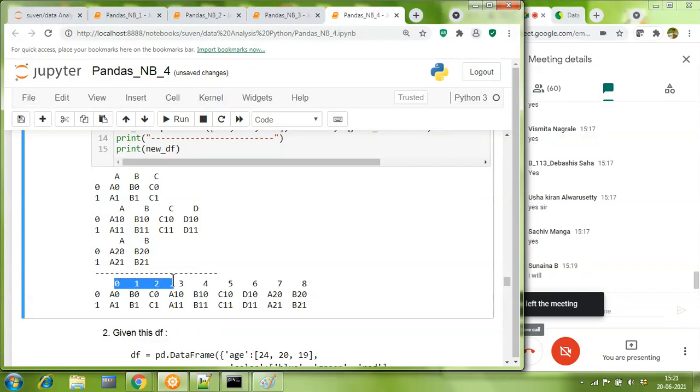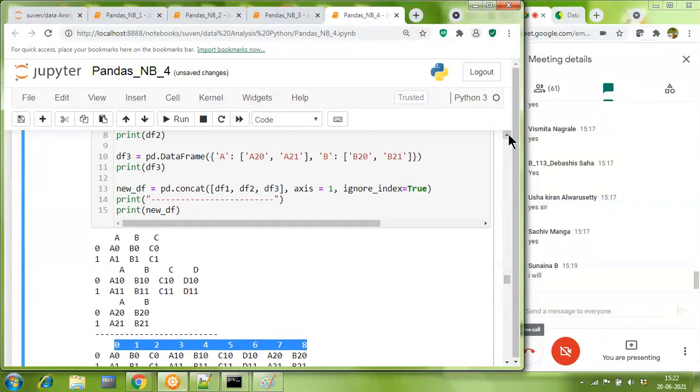What difference do you see? The column names have been converted to the default column numbers, like 0, 1, 2. Correct, absolutely. The column names ABC, ABCD, and AB have been converted into numeric column indexes going from 0 to n minus 1. Absolutely correct. That is what ignore index does.